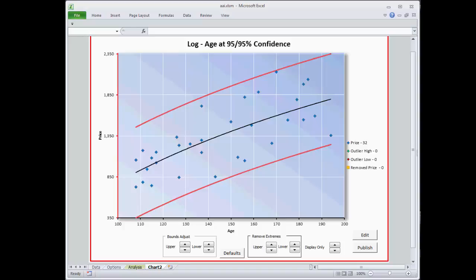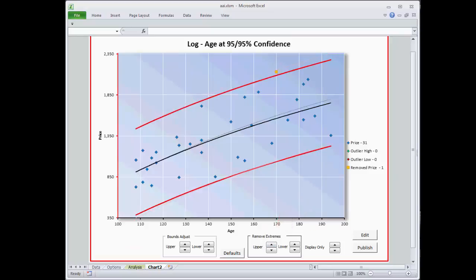At the bottom of the chart are 3 sets of spin controls. Let's look at the Remove Extremes controls. I will click on the upper control once in order to remove the most extreme data element from the top of the chart. That data point is now colored orange, and the legend to the right indicates that there is one data element